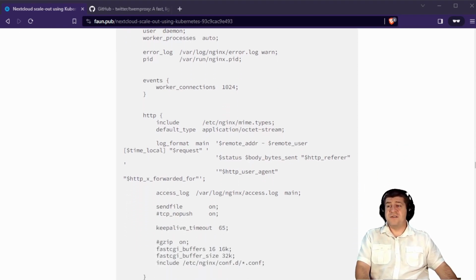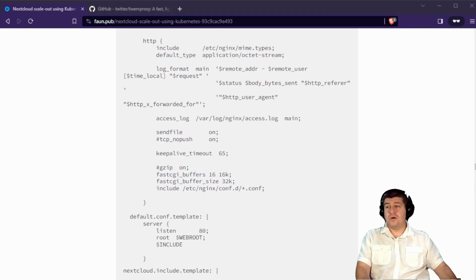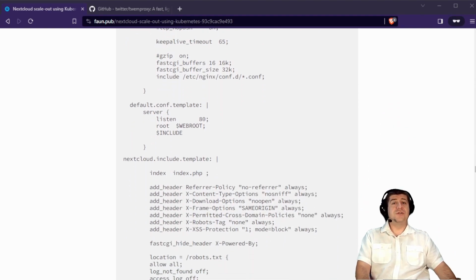Number two is a file called default.conf.template, which contains the port the web server listens to, the web root, and the includes. These includes are separate additional files that need to be interpreted to make a site such as Nextcloud work correctly. As the instructions talk about Nextcloud in a version 18, we will have to update that part of the config map, as we will be using Nextcloud in a version 27, or 28 if 28